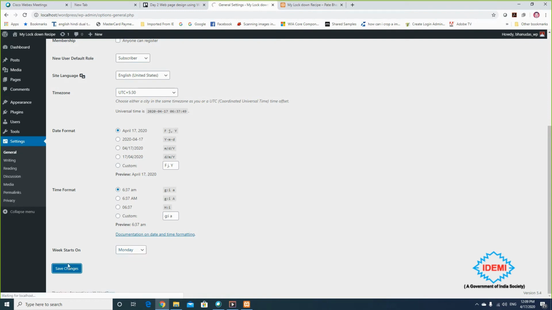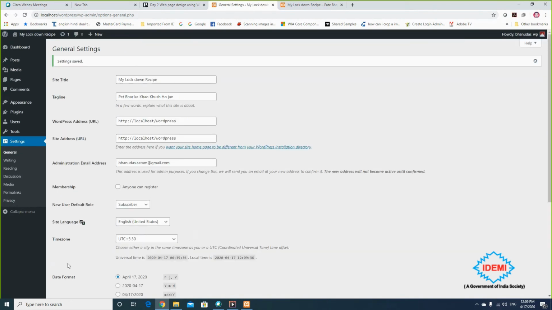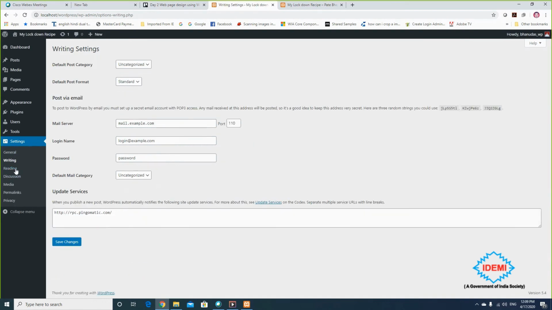So this is the general setting, and then there are writing, reading and discussion. When I click on writing, it says that whenever you create a post, you want to keep that post under a category called uncategorized. We are going to see the categories in detail.